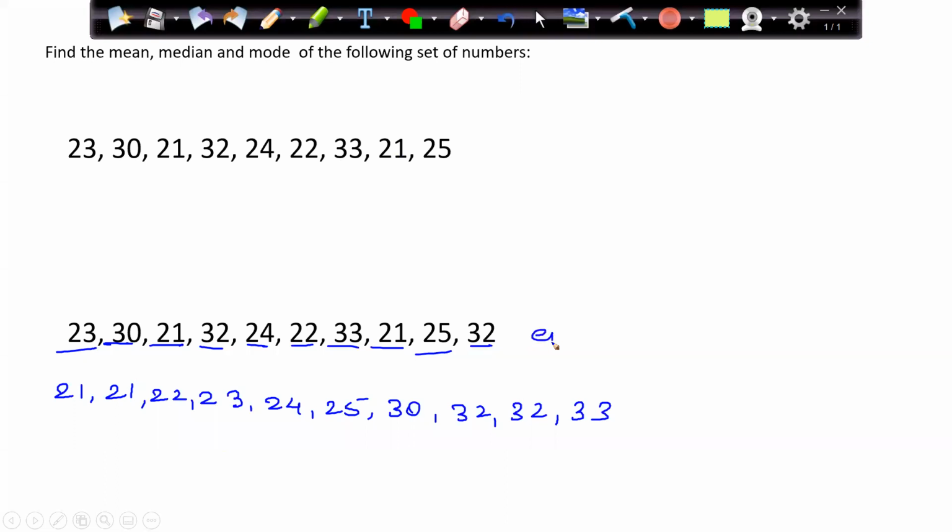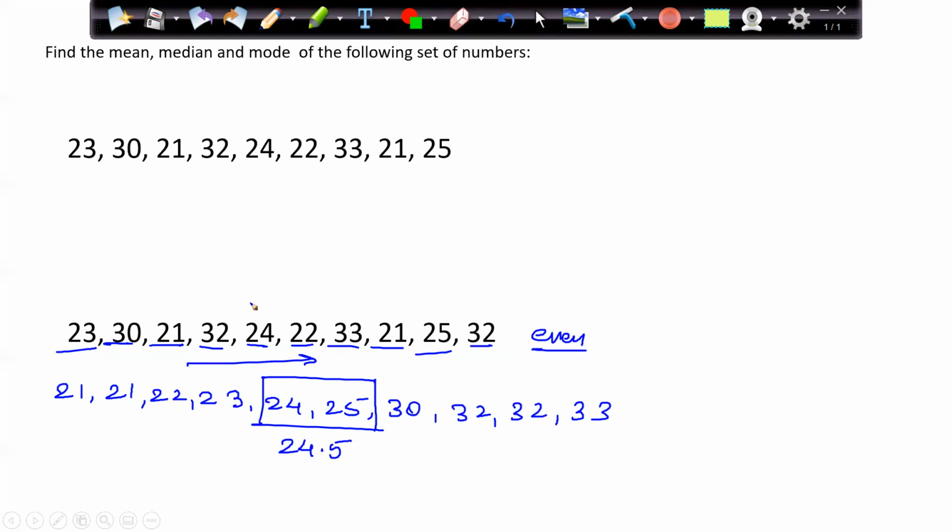Now when we have an even number, in that case the average of the two middle values is my median. So 1, 2, 3, 4, 5 and 6. My median comes out to be 24.5, that is nothing but 24 plus 25 divided by 2. So first of all, we have to sort the data, then take the two middle values and then take the average. That will give you the median when my total number of values is even. When we have an odd number like this, then I will take the middle value, that is my median.